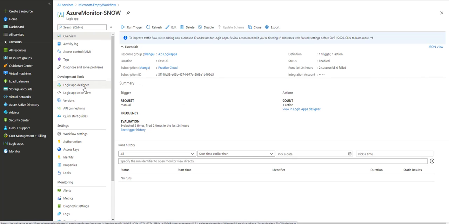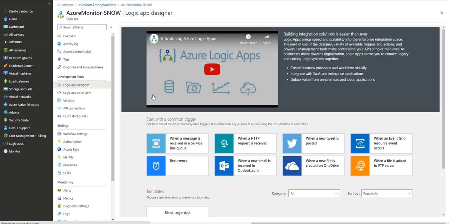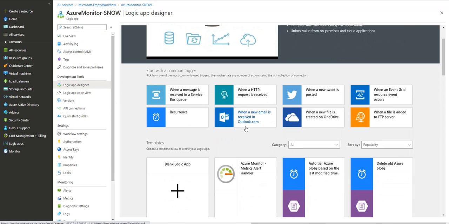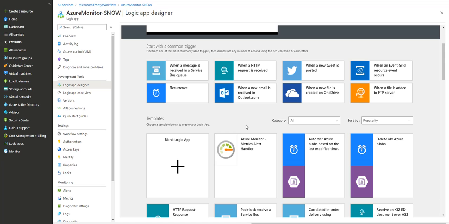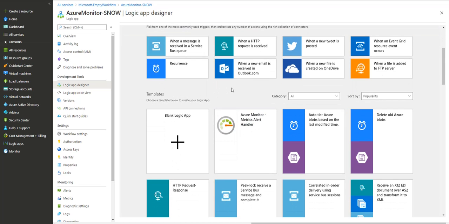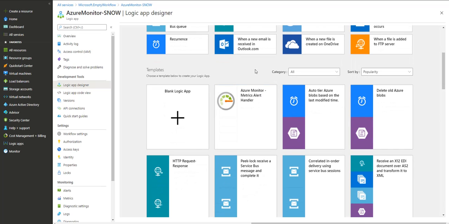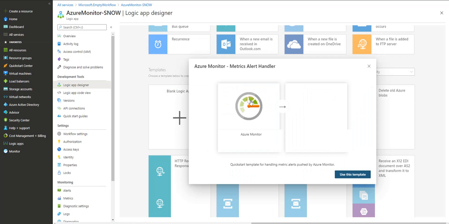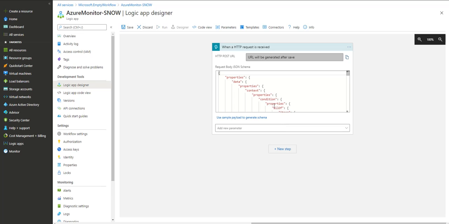Within Logic Apps, we just need to go to Logic App Designer, and here we just need to set up how the flow should happen. So here within Logic App, we already have predefined templates that can handle Azure Monitor. So how the Azure Monitor will move the alert to Logic App, we can define it here. If you click on this Azure Monitor, then you can use this template. So this is the first step in